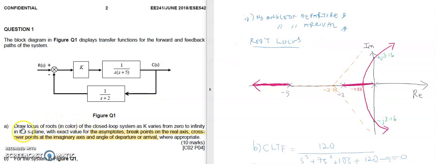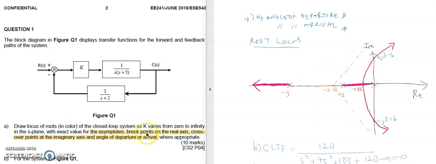Then, the most important thing is you need to draw the locus of roots in color. This is all based on the value of the asymptotes. Negative 2.33 is your sigma A, and your theta A is 60, 180, and also the last one is 300. You draw the dashed line. Asymptotes are actually the boundary of your root locus. Your root locus cannot go beyond or touch these asymptotes.